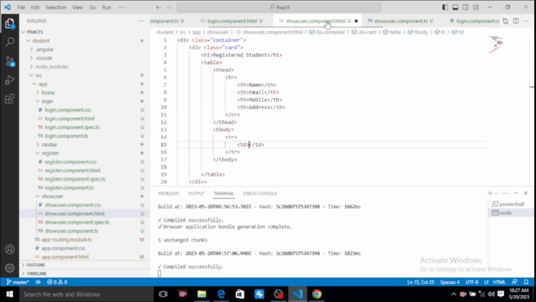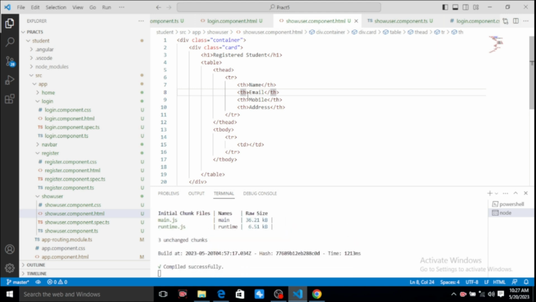Now go to this show-user component.html, and we are using here dynamic retrieving of data. Inside this tr we are using the ngFor directive. To use this directive, we use *ngFor equal to let data of userRecords. Because the variable name is userRecords, from that we are fetching one by one record and